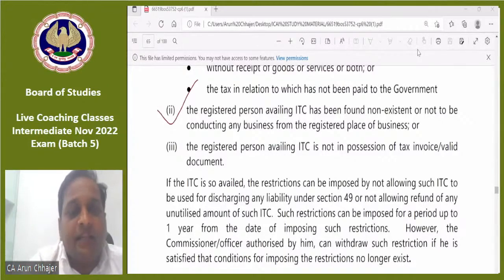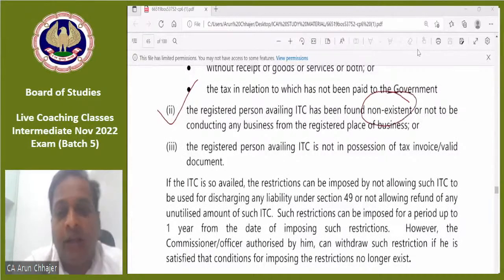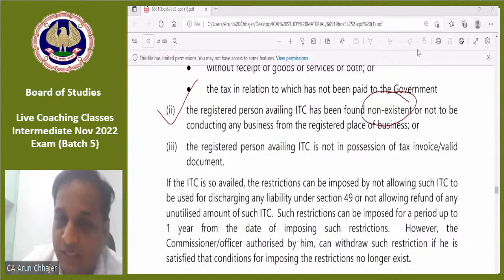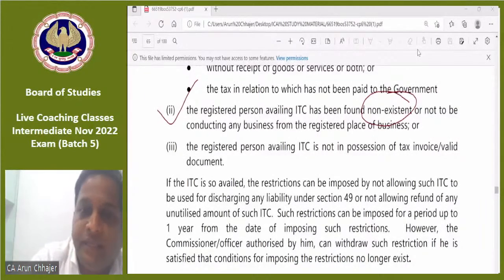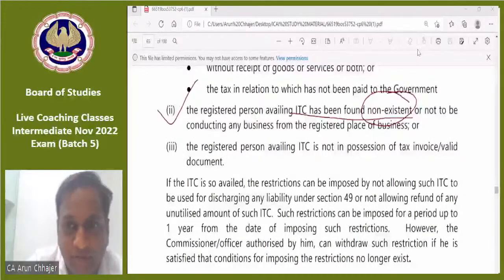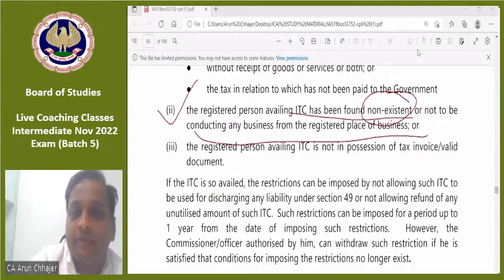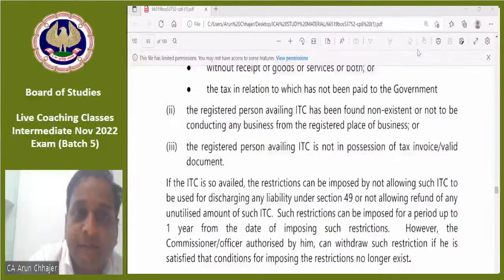Next is the registered person availing the ITC has been found non-existent or not conducting the business from the registered place. Now they are talking about Mr. B also not being available. Only on the paper he is there, only for the purpose of the ITC taken, but actually is not doing the business or not conducting the business from the declared place. Next is